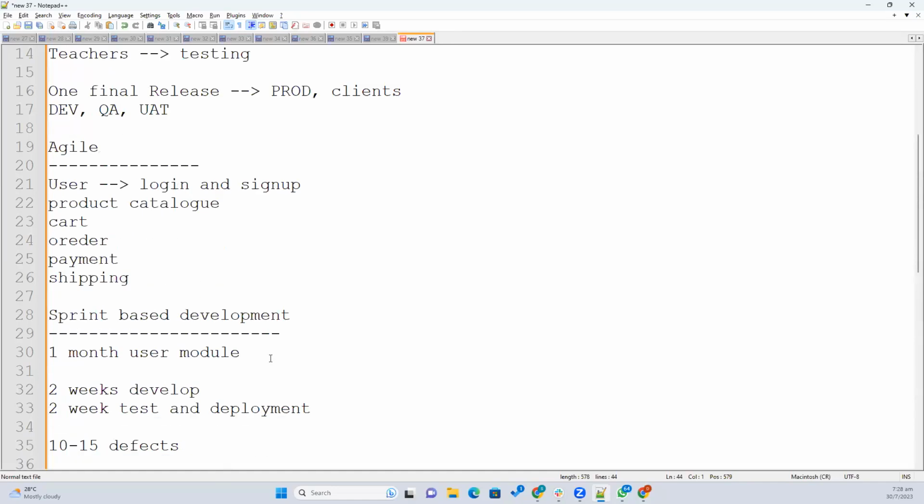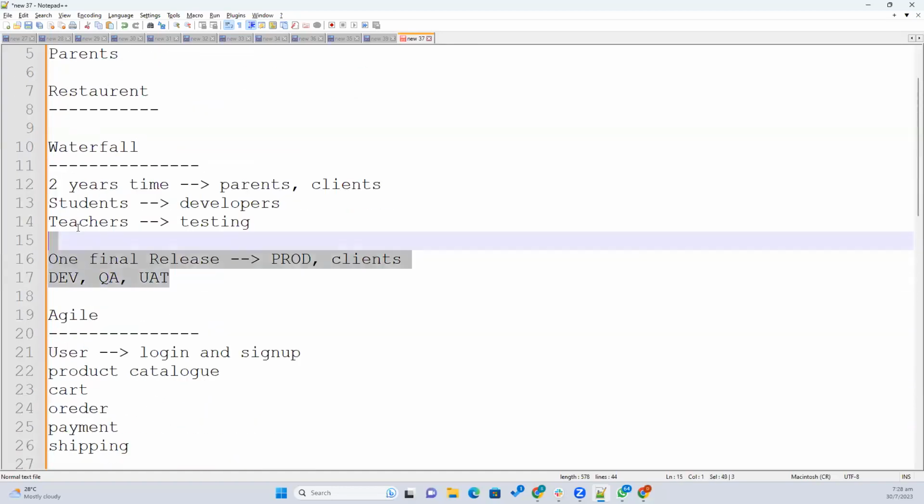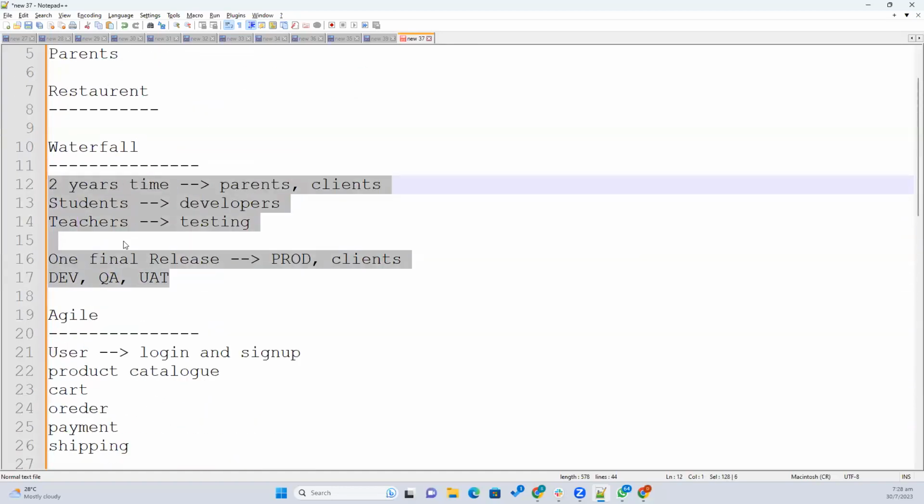So in this agile process only, after 2 weeks of development, they may forget what they developed. They have to spend some time to remember how they did the coding. And in waterfall, no need to discuss it. It is months of time. They really don't remember anything. They have to go through it completely. And a few employees, they left the company. Again, there will be an additional responsibility to give KT to them.